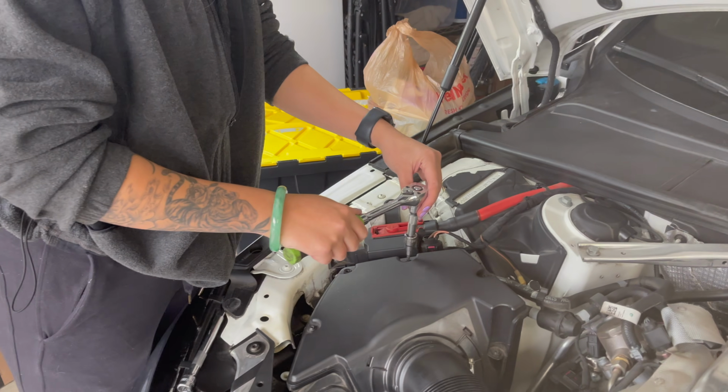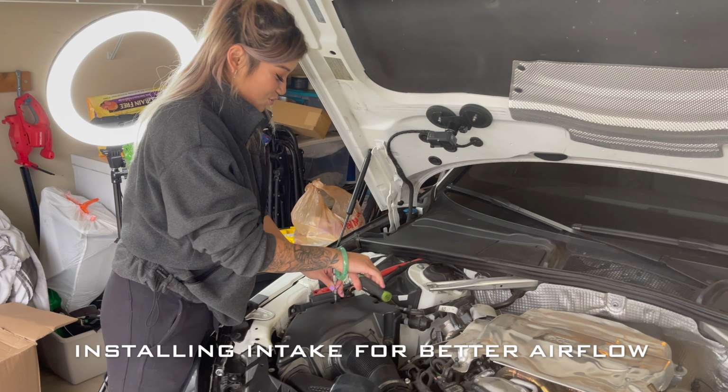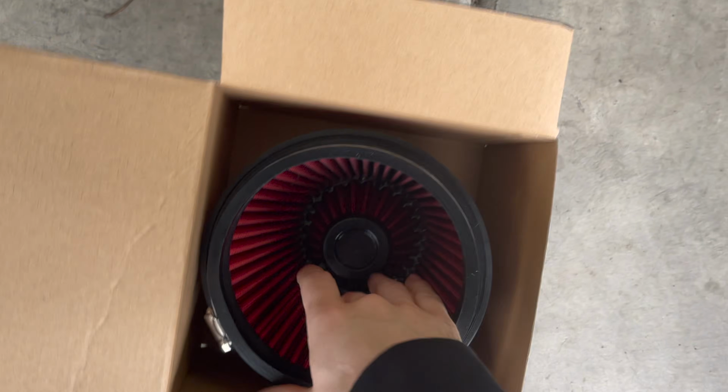So what are we doing? So we're taking off the intake on a B9 S4. We're gonna replace it with a CTS intake. So